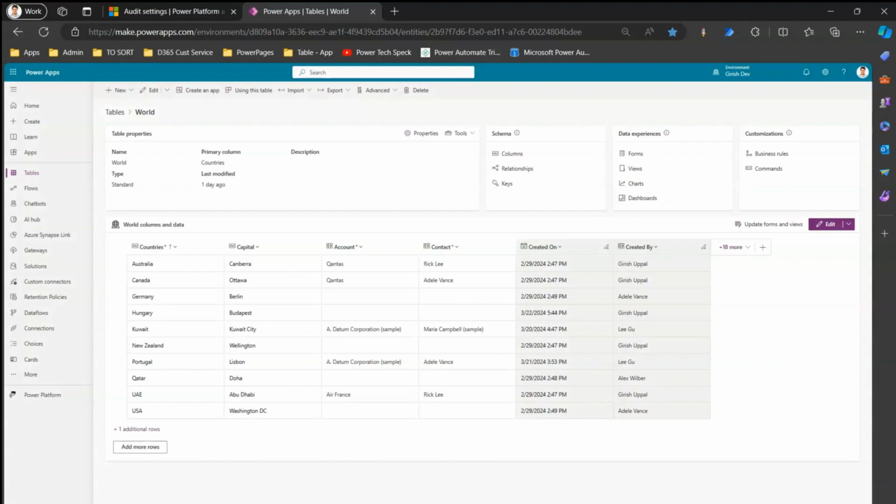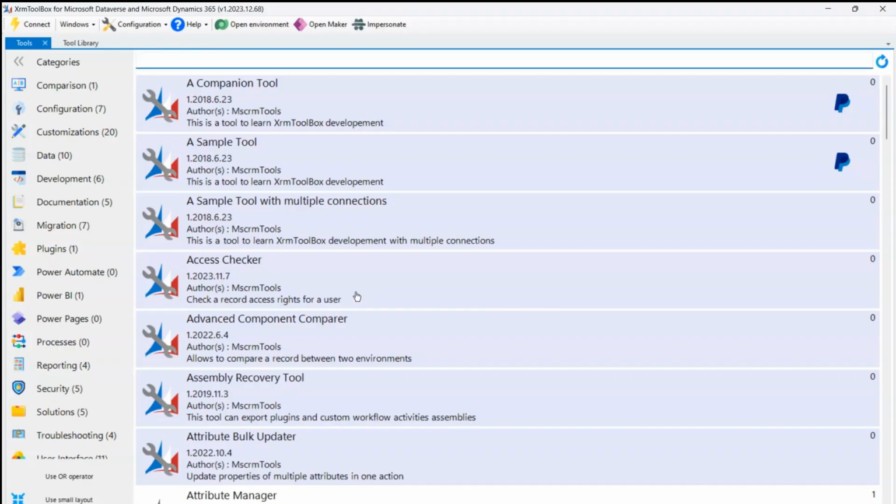But I'm not going to do that. I'm just showing you how to set the stage before you use this tool. Right. So now we have enabled this tool, and I have also installed this tool from the XRM Toolbox